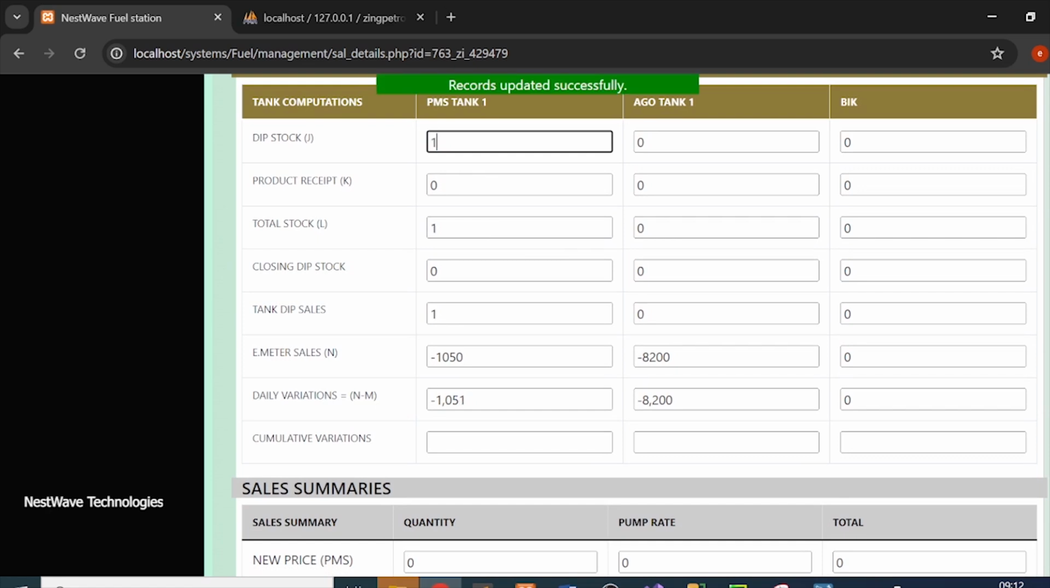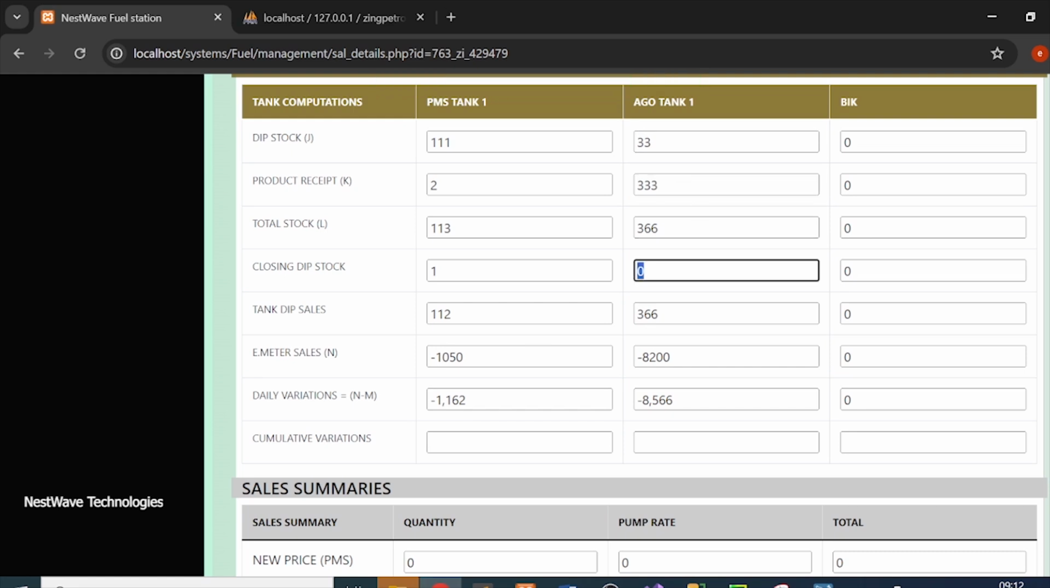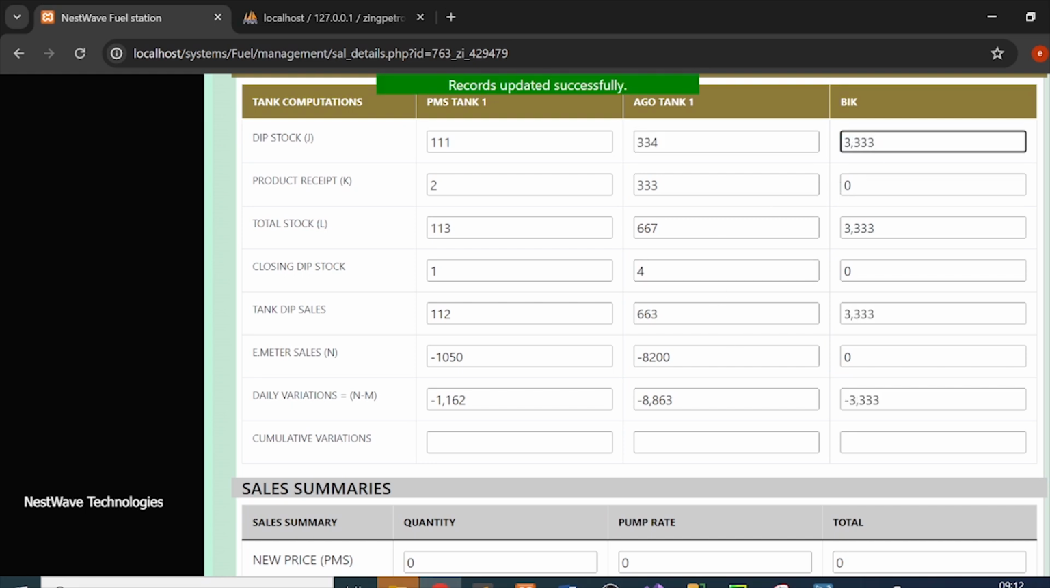Tank computation, dip stock. If I put 1, you can see this is the same value as here for PMS. Product receipt 2. Closing dip stock 1. So what are the cumulative variations? Just what is varying from this? Let me put this, and I put here this. I'm just entering random values. I don't want to make this video short, but if you're watching this,